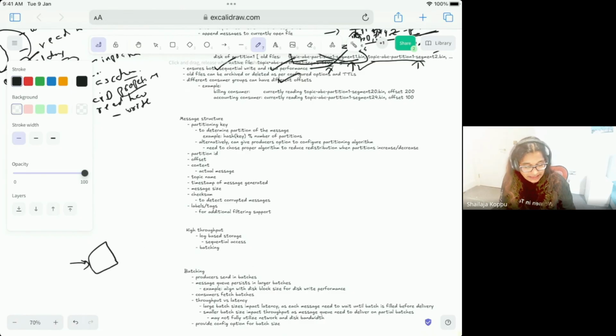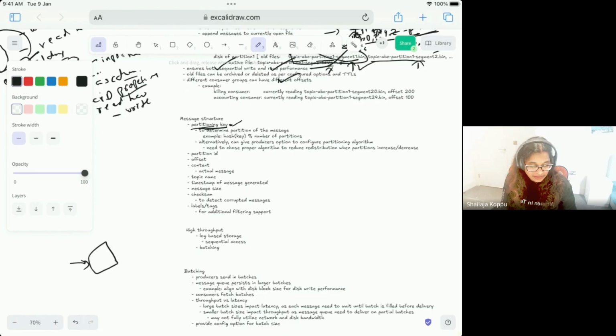So one thing is, as we mentioned, we want to provide a partitioning key value, so that it can be used for mapping a message to the corresponding partition. This is for distributing the data to the partitions.